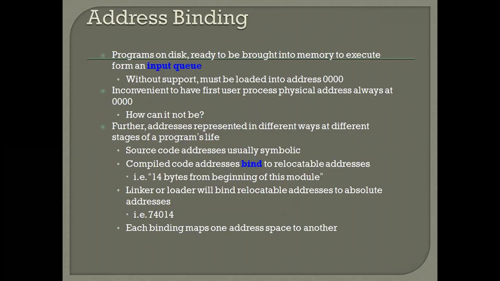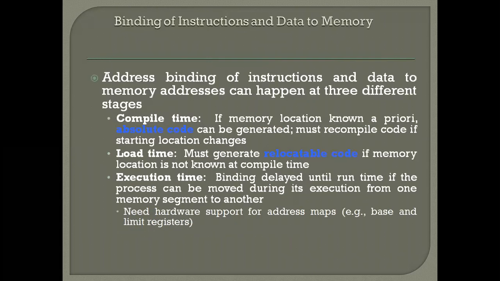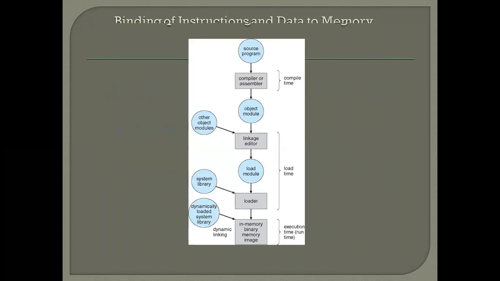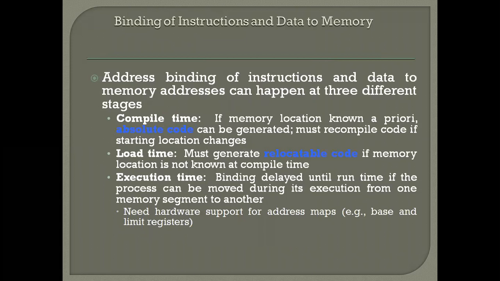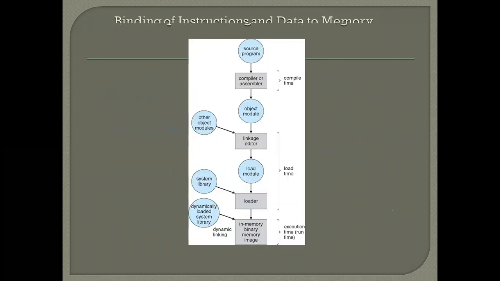So the entire execution phase of a program divides into three parts: the compilation phase, loading phase, and run phase. As for address binding, the binding of instructions and data to memory addresses can happen at all three different stages. In compile time binding, it generates absolute addresses, and it requires that it must be known at compile time itself where a process will reside in memory.